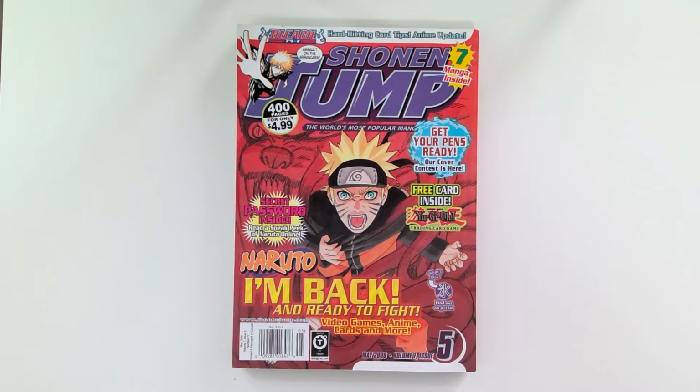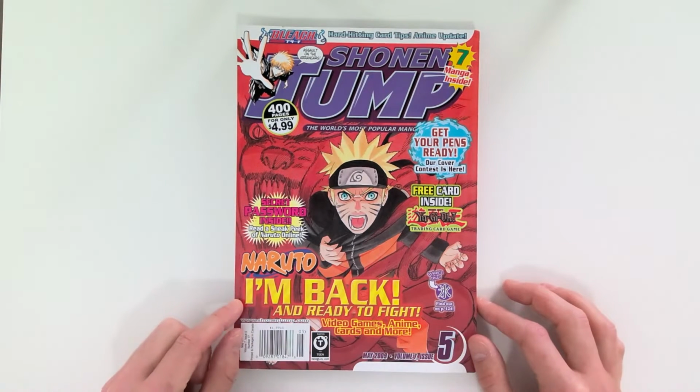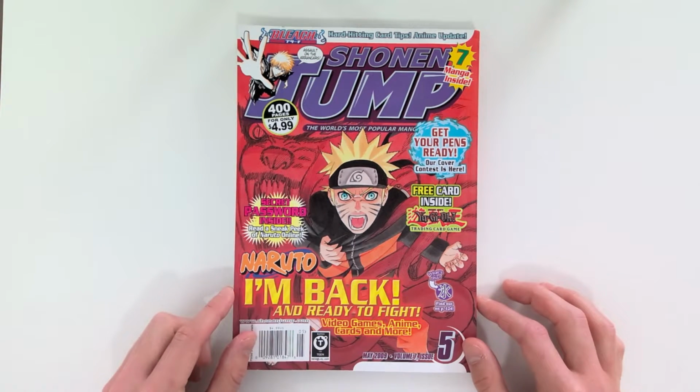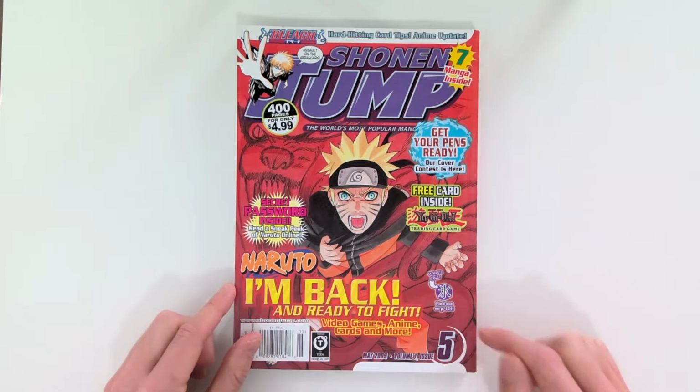All right, hey everyone. We are back with another flip through of the North American Shonen Jump magazine. Now, remember, these were not weekly magazines, these actually came out monthly in North America. So we've skipped ahead a few years to May 2009. This is the May 2009 issue, which is volume 7, so the 7th year of them doing this, and issue